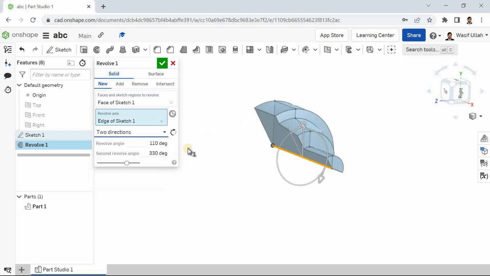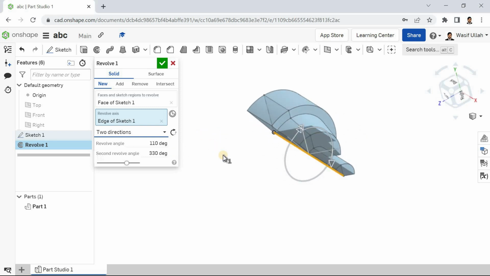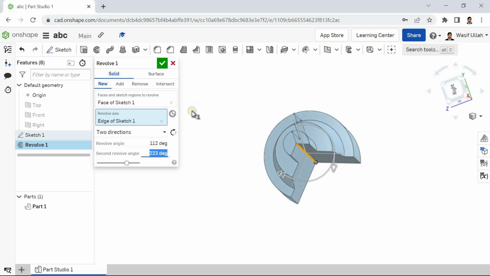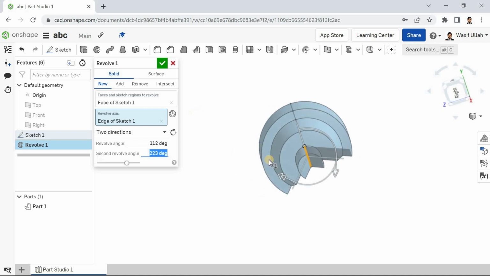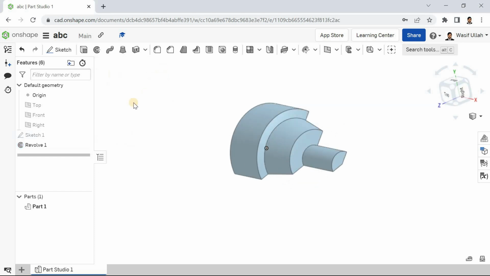And here we have the two direction option. Like the first revolve angle is 1/2, and the second revolve angle is 2/3, for example. See, you can just vary this angle and this angle from either side. I will hit OK. Let me just give you another example,